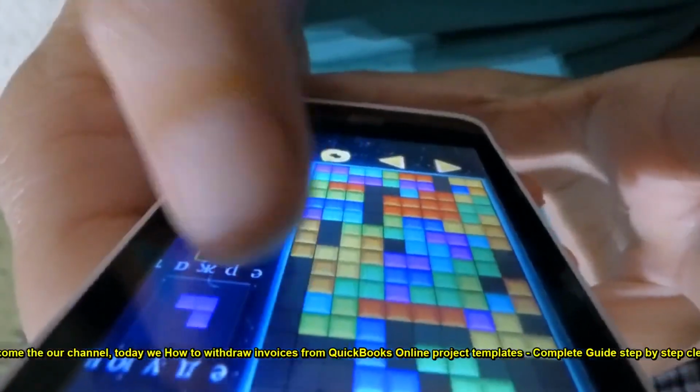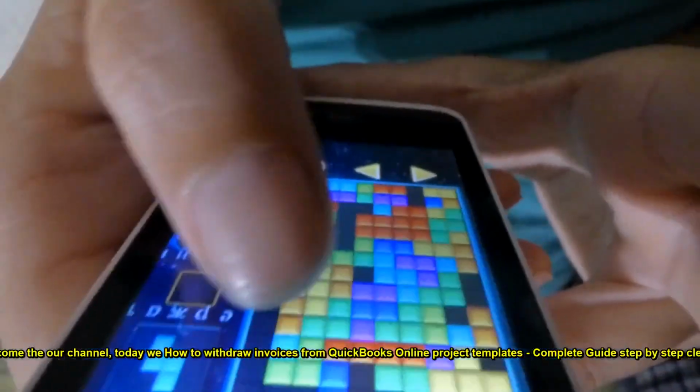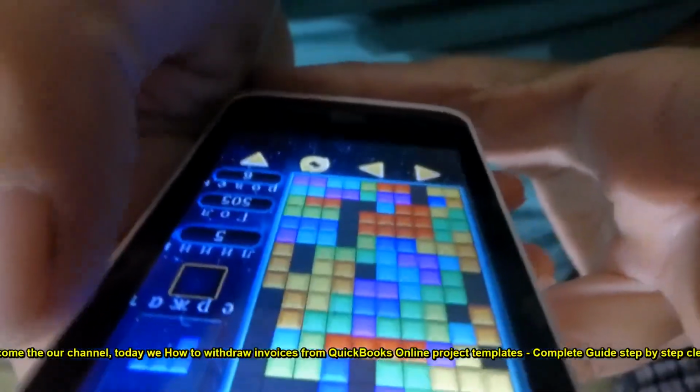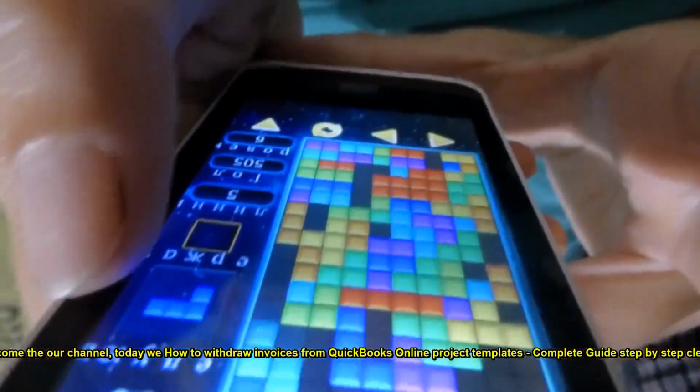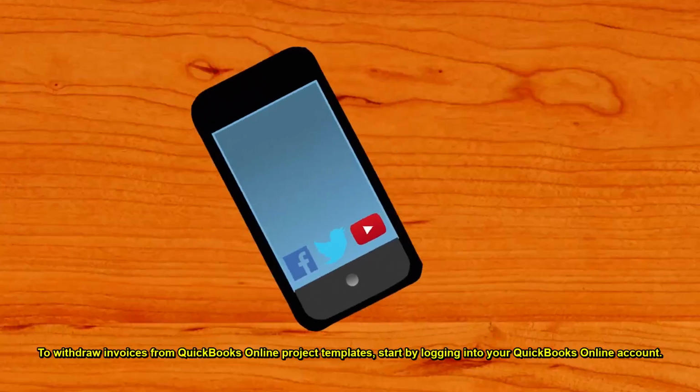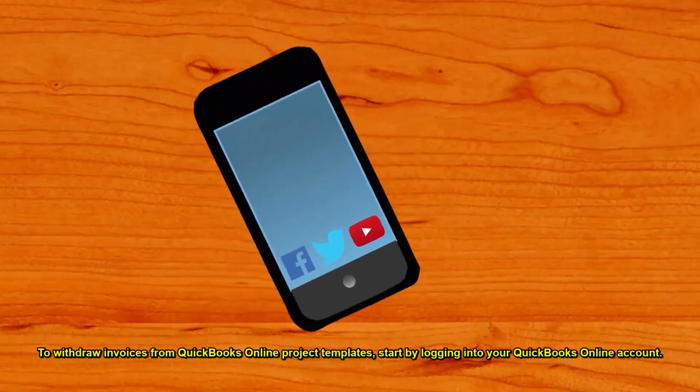Welcome to our channel. Today we'll show how to withdraw invoices from QuickBooks Online project templates, a complete guide, step by step, clearly. To withdraw invoices from QuickBooks Online project templates, start by logging into your account. Once you're logged in, navigate to